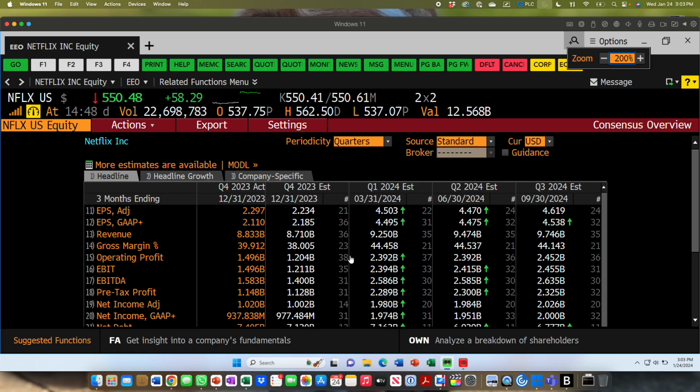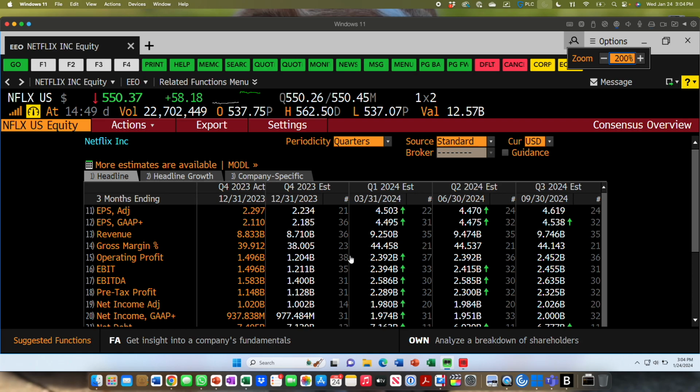Right? Now, when we look at this, there's two parts of the people that are very important in Netflix share price. One's called the buy side, the other's called the sell side. When I say buy side, who am I referring to? Yep. Hedge funds, asset management. And why are they called the buy side? Because they're the ones who invest